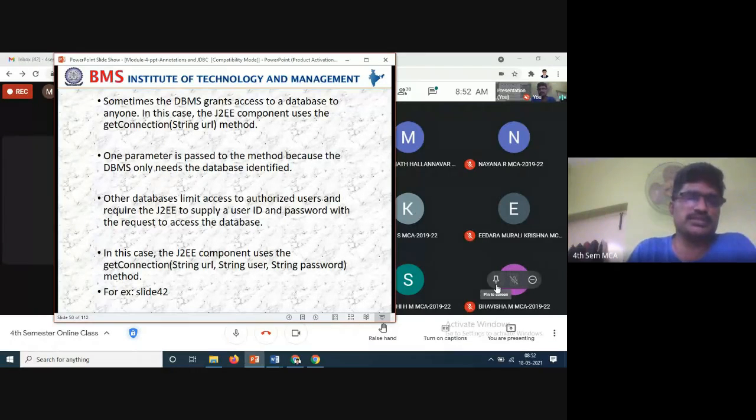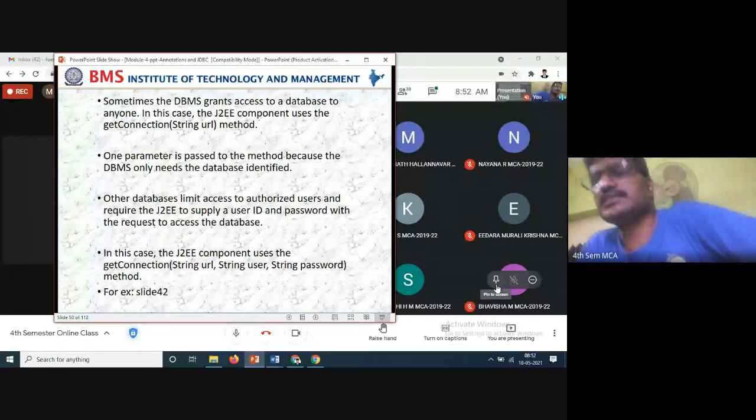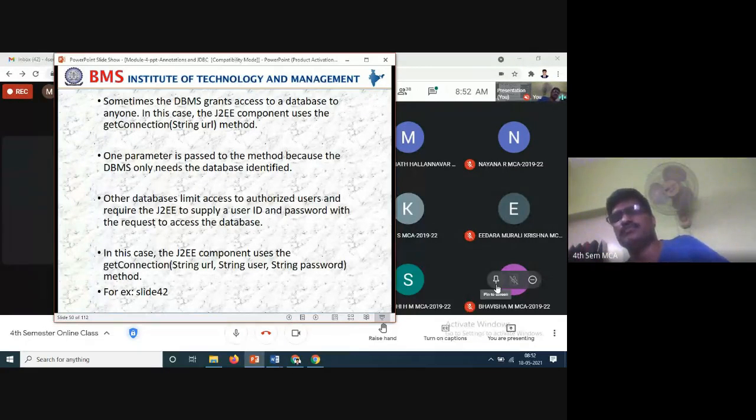So we have to set the password. In this case, the JDBC components use getConnection. We have already discussed this one, to give the database connections: getConnection with URL name, username, password. So string URL, string root name, string username, string password.